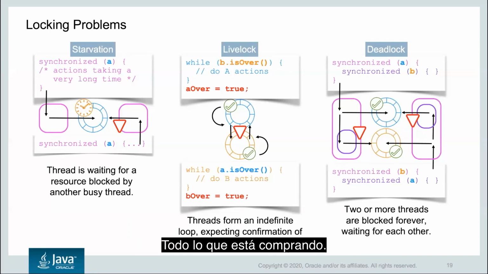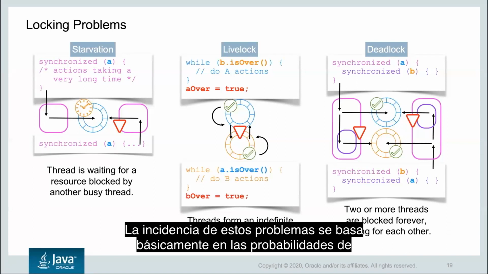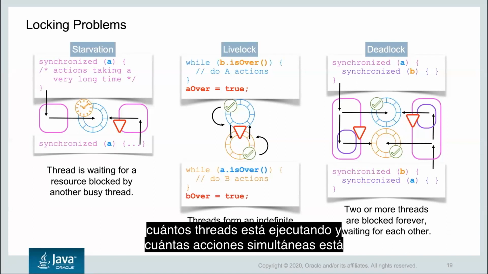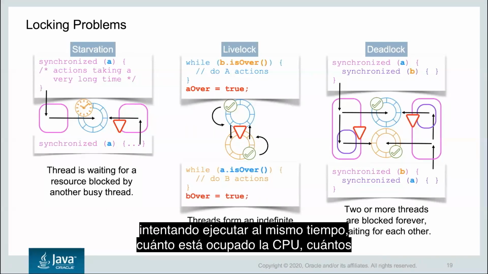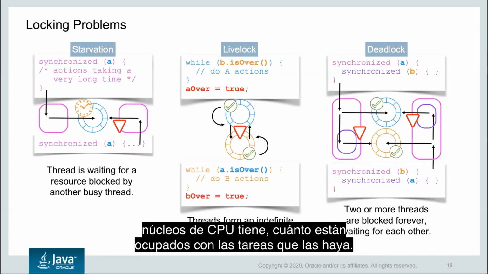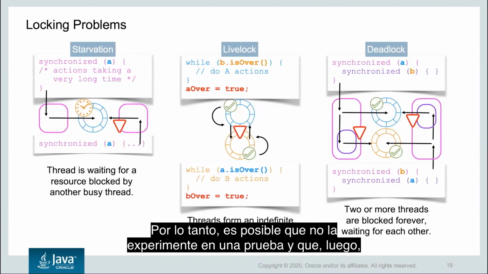you may never experience the issue if you don't have high enough degree of concurrency. It's all stochastic. The occurrence of these issues is basically based on probabilities of how many threads you're running, how many concurrent actions you're trying to execute at the same time, how busy is your CPU, how many CPU cores you have, how busy they are with whatever tasks you gave them. So yeah, you may not experience it in a test, and then